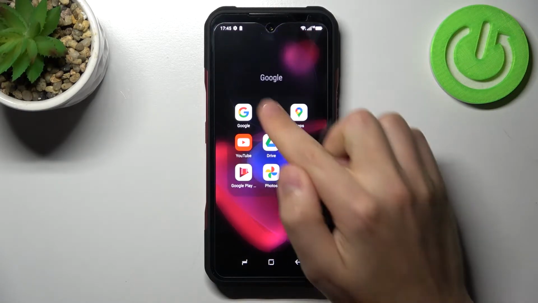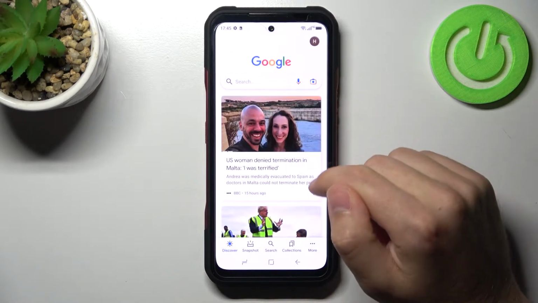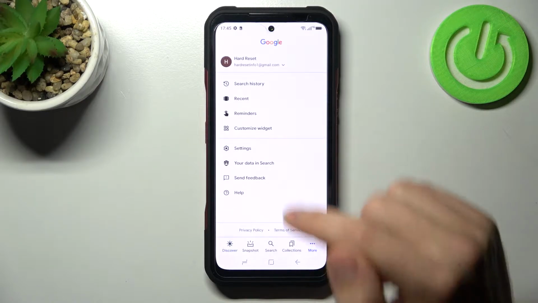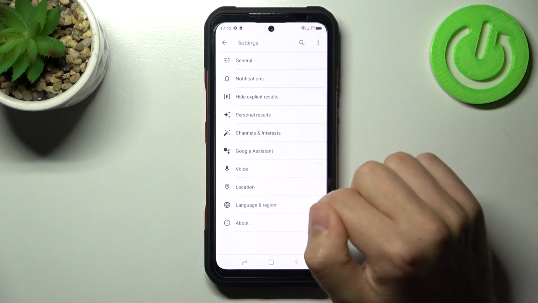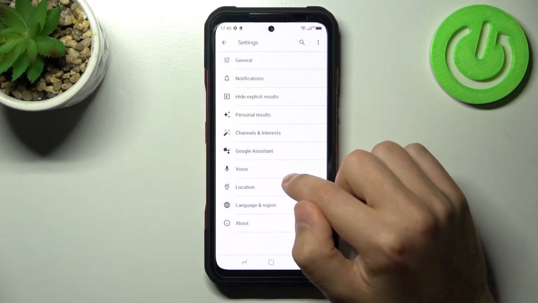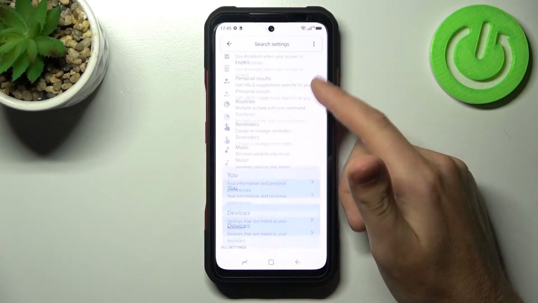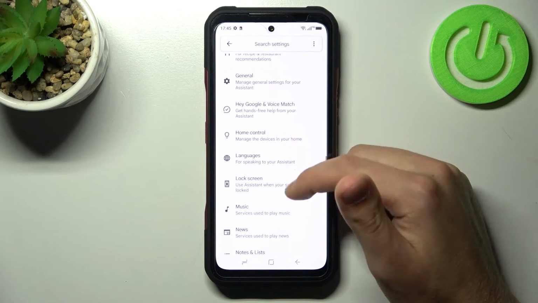First of all, open your Google application, this one. Then in the bottom right corner we've got more options, so tap it and choose settings. Then go into Google Assistant, and in this menu scroll down and find the general option,